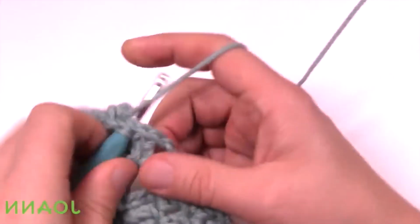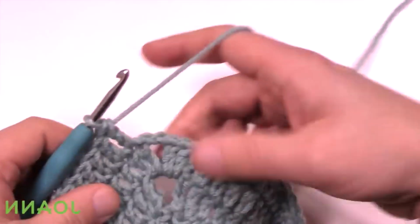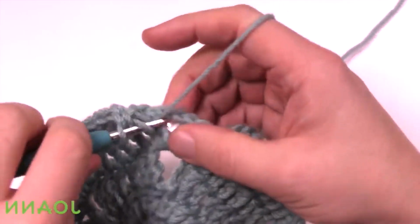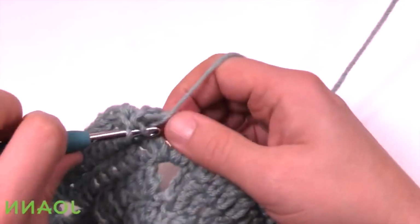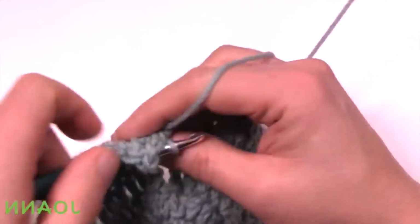So I'm coming up to the end of round number 5, and I have to turn a corner completely because I started partially the way in. So I've got to do the corner. So it's 2 double crochet, chain 2 and 2 double crochet into that same corner,